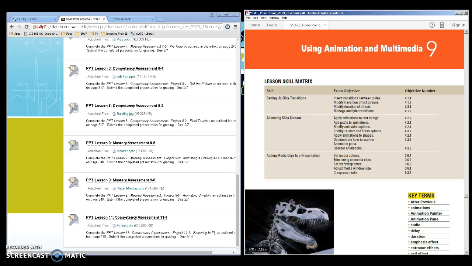Welcome back to PowerPoint, and today we're going to be looking at Lesson 9, using animation and multimedia. This is where PowerPoint can be a lot of fun. You've already figured out what your text is going to be on the slide. You've added your graphics. Now we're going to look at how to make the objects move around on your PowerPoint,